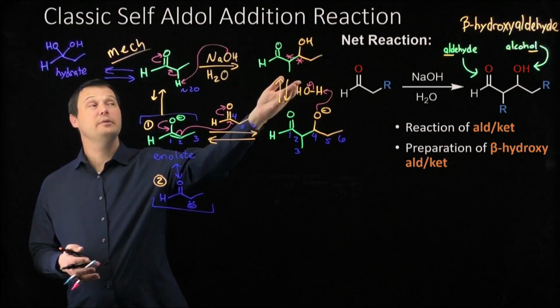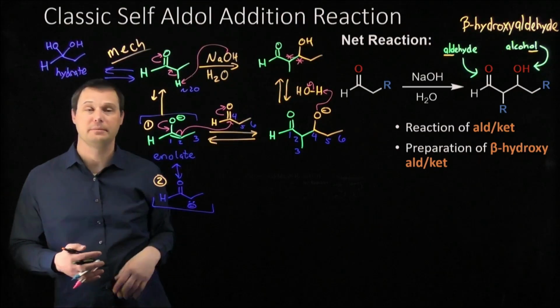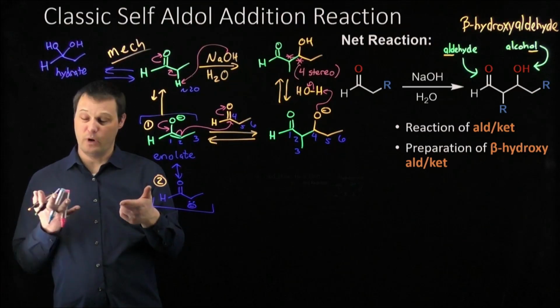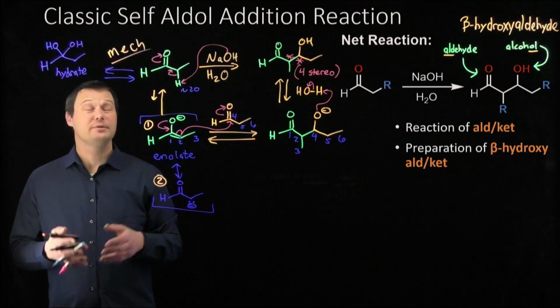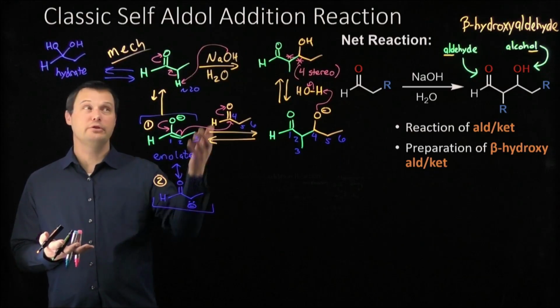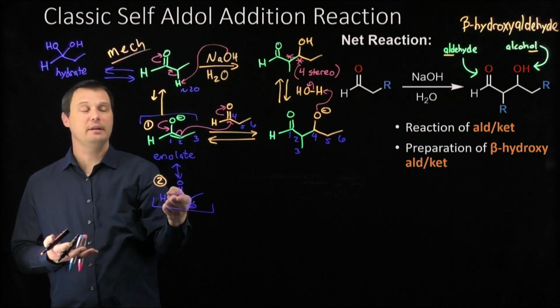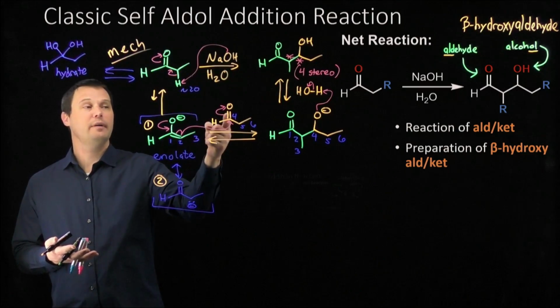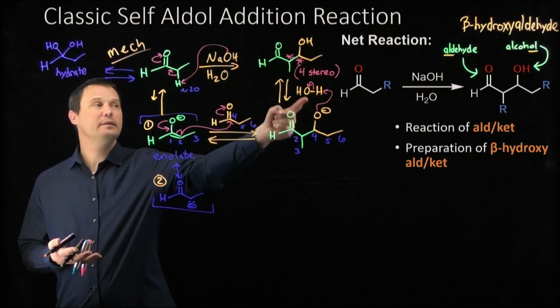That means we end up with a mixture of 4 possible stereoisomers. Both wedge, both dash, one wedge, one dash, the other wedge, the other dash. So that's our mechanism, the clean and simple version: deprotonate the alpha proton to make an enolate. Just like every other strong nucleophile, it'll add to the carbonyl to make an O- that we protonate to make